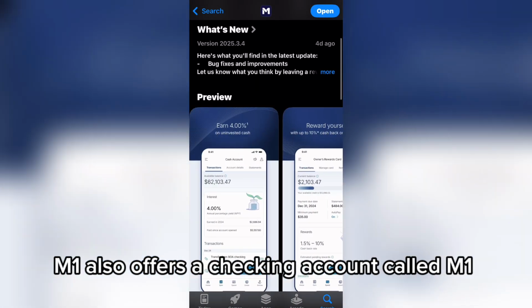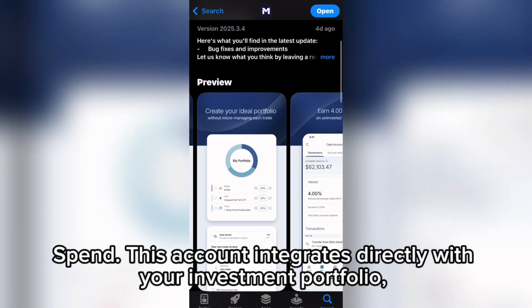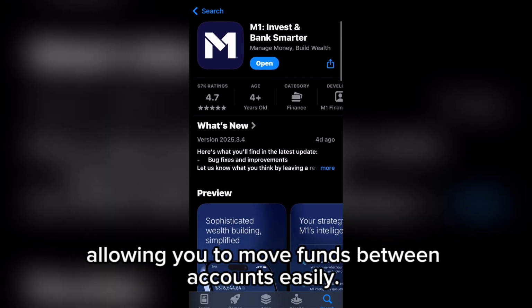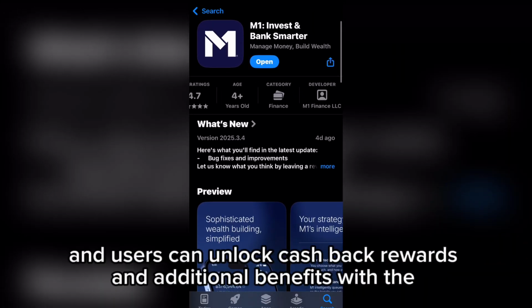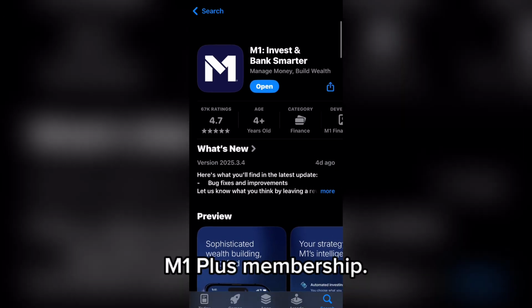M1 also offers a checking account called M1 Spend. This account integrates directly with your investment portfolio, allowing you to move funds between accounts easily. M1 Spend comes with a debit card, and users can unlock cashback rewards and additional benefits with the M1 Plus